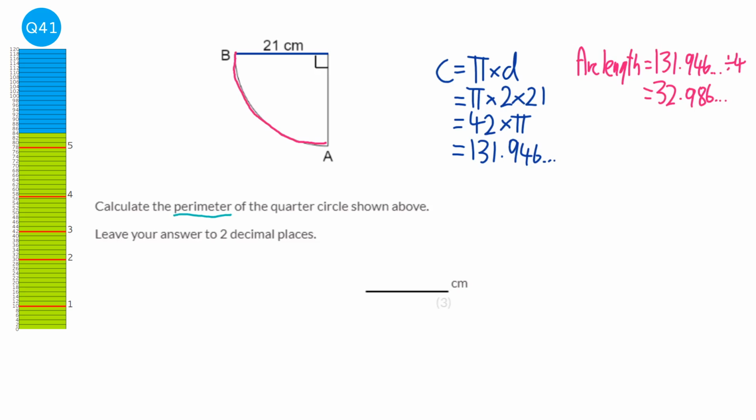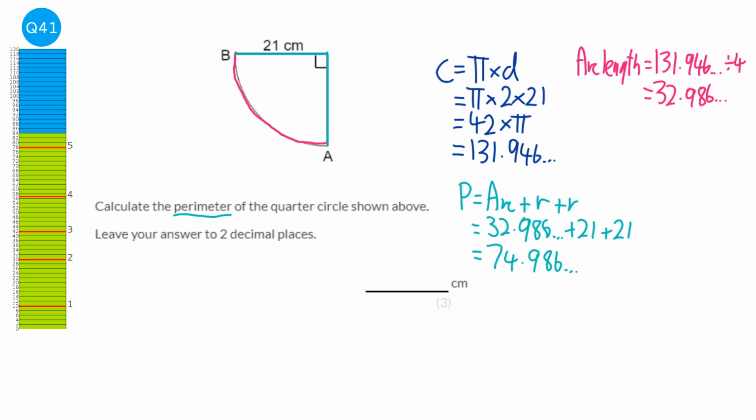Now that's not what the perimeter is. Perimeter is the total distance around the circle. So we've also got to add on the 2 parts here, the 2 radii, to get the full distance around the shape. So the perimeter is going to be the arc length plus a radius plus a radius. So that's going to be 32.986 and so on plus 21 plus 21, which equals 74.986 and so on. And when we round that to 2 decimal places, we get the answer of